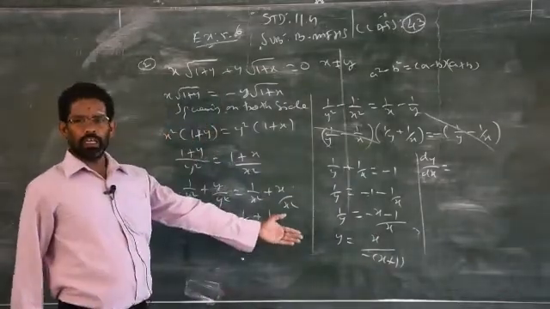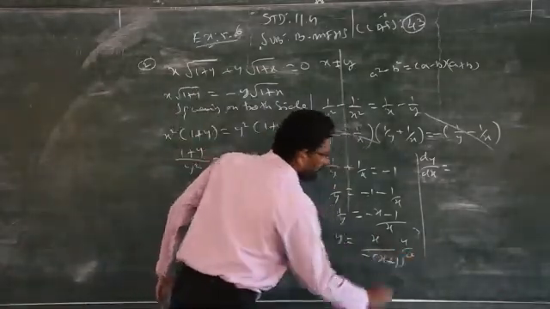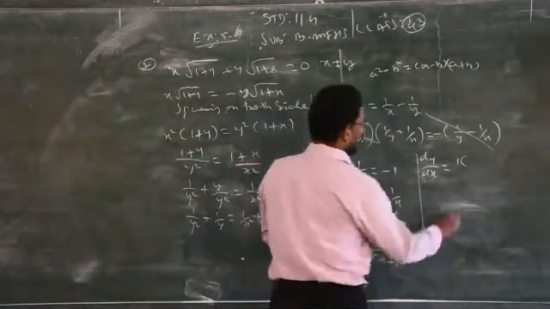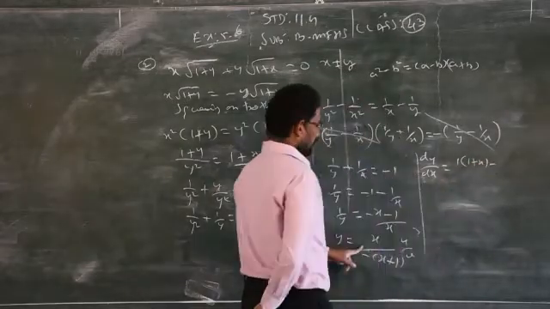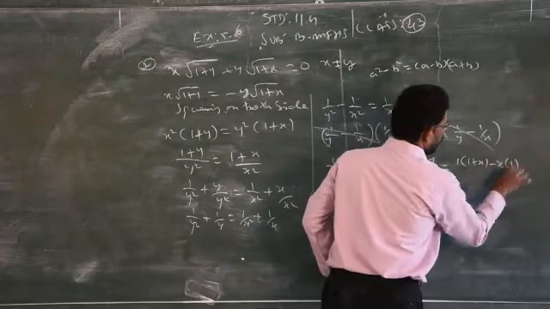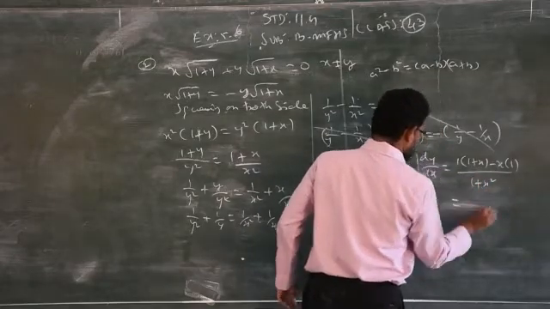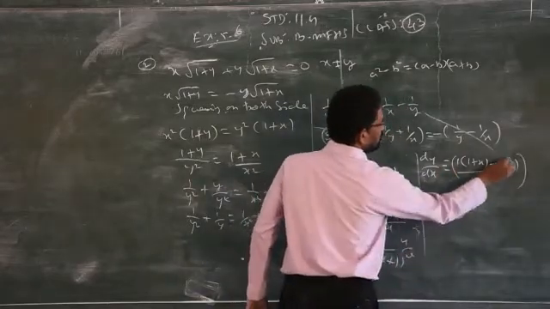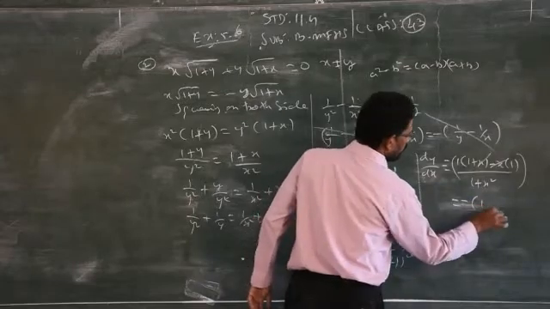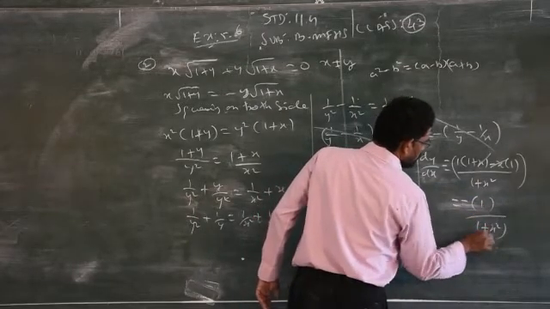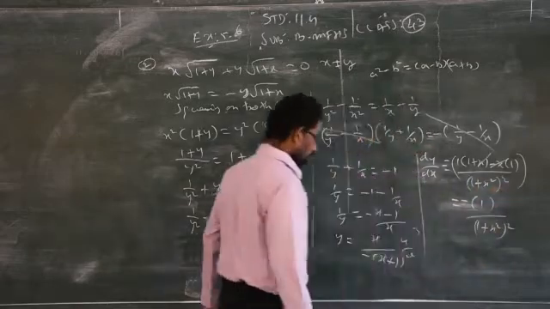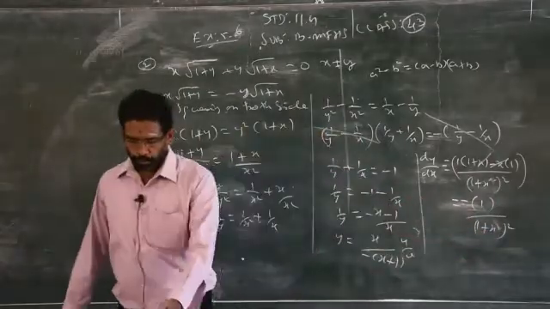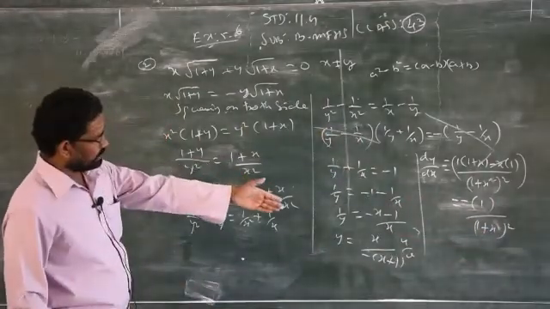Now you can apply the u by v method. What is the u by v method? Very simple. First you differentiate the numerator, then keep the denominator as it is, then minus x of 1 by 1 plus x square. Overall the negative sign. So minus, this minus x plus x get cancelled, you will get 1 by 1 plus x the whole square. You are applying that u by v method, you will get the answer. That is your required answer, minus 1 by 1 plus x the whole square.